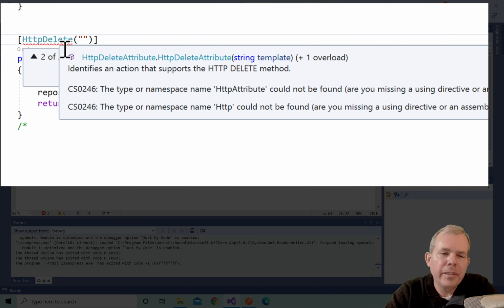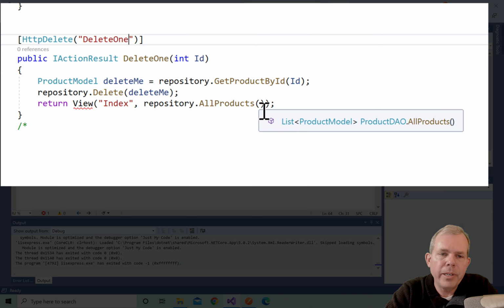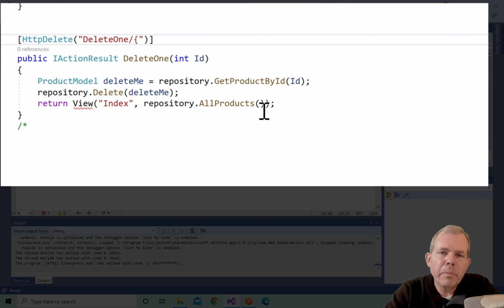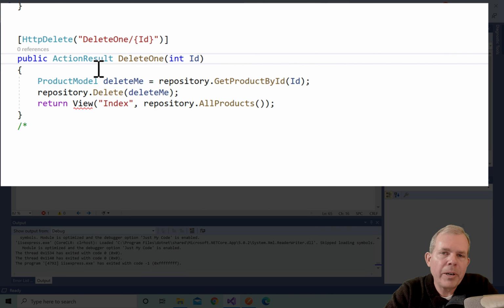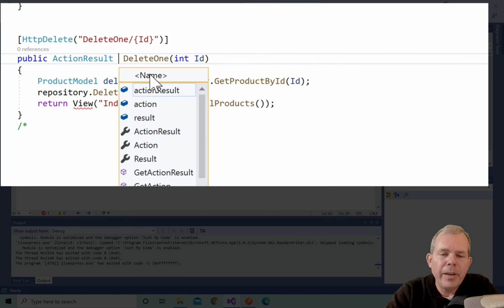Now the URL is to have the word delete one. So we're going to take the action name and put it in the URL. And then we're expecting in the URL to have a number. So the little curly brackets indicate that this is a parameter, and it has to match the parameter name ID